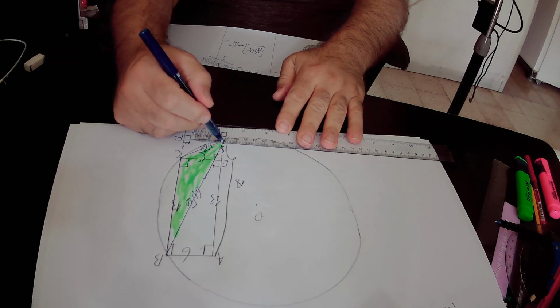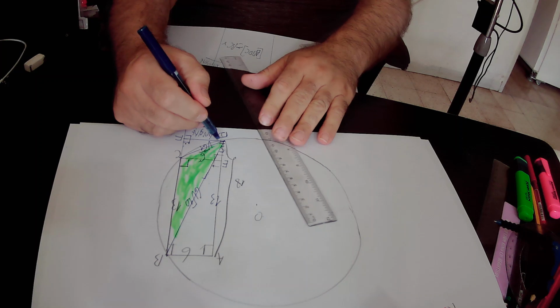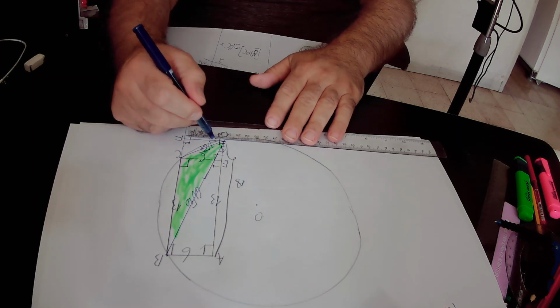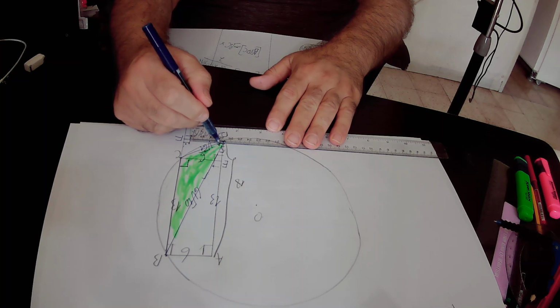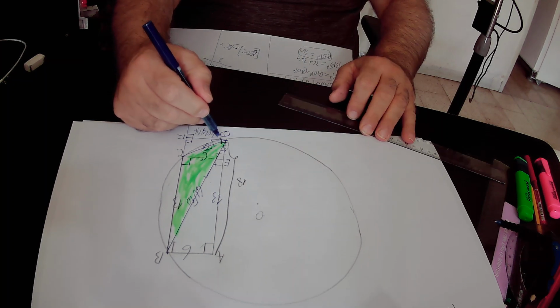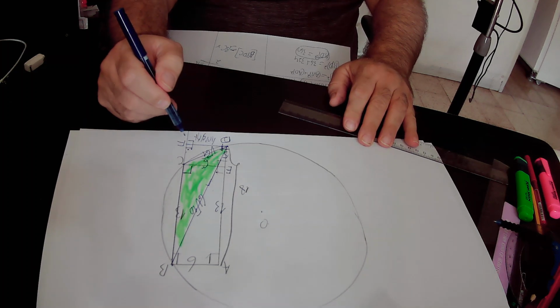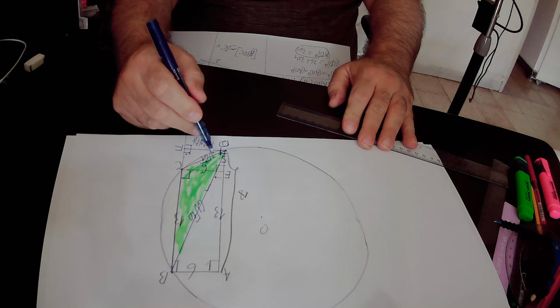Therefore, the fourth angle must equal 90 degrees in order to complete the sum of the angles in quadrilateral ABDF to 360 degrees. This angle must equal 90 degrees. And because angle ADF equals 90 degrees,